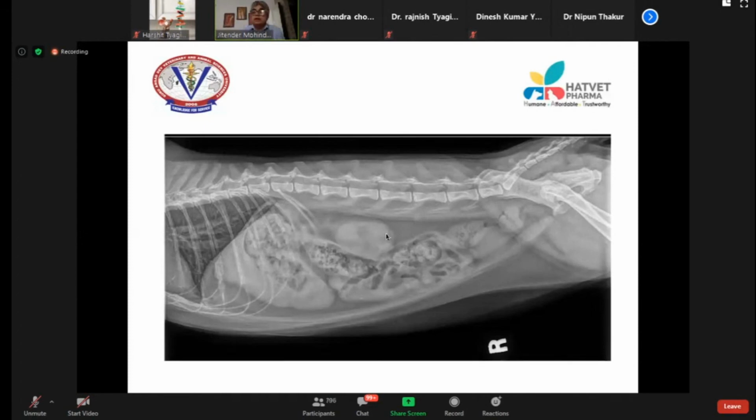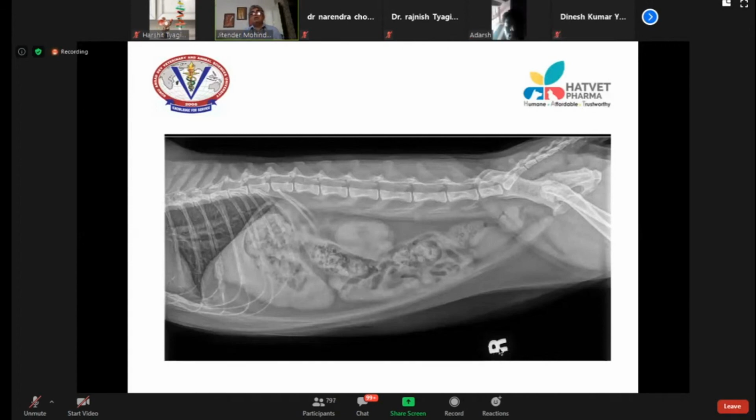So there is a brighter area in the kidney. This is soft tissue, urinary bladder. This is soft tissue, that is liver. This is soft tissue, that is pylorus. This is gas, that is stomach. This is colon. These are the small intestine. These are lungs filled with gas. These are mineral opacities here. You can see the vertebral column here. These are ribs, again mineral opacities, and this is the metallic opacity here.